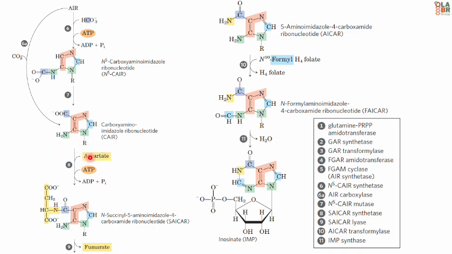So as you can see right here, step 8, we have aspartate coming in. Again, we have that input of ATP, release of ADP plus Pi. You can see that this skeleton right here by aspartate is donated. We end up with this molecule SAICAR, or I don't know how to pronounce it, sidecar. That's how I would say it. And from here, step 9, you have a release of fumarate right here. And then, ooh, my little laser's falling off the screen. It jumps over here to this molecule where my laser is now at, which is AICAR.